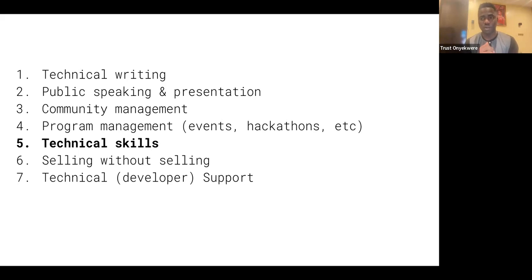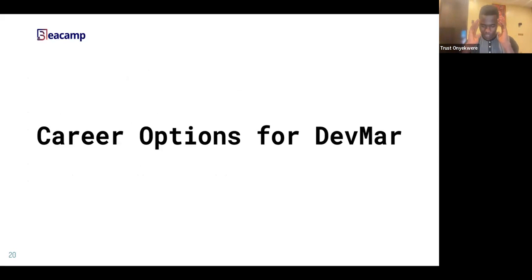Some people have number 1, they can write well, but they can't speak well. They can't do community management, they can't program, they can just be the technical writer, and that's okay for them. But you can't actually be a developer marketing manager, because you're managing the entire process and should be allowing them to engage developers and convert them to the company's product.